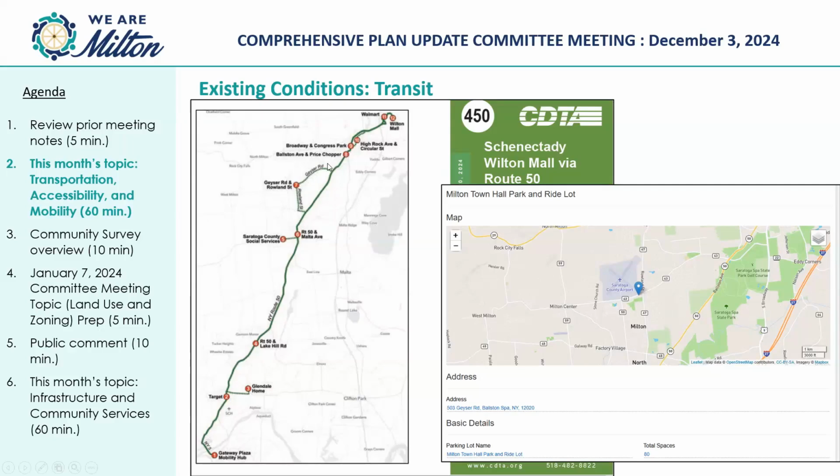On this spur, there are more frequent stops on Route 50. But when it deviates from that Route 50 corridor, it doesn't have the frequency of service. So it does connect here, but not really outside of the morning and PM peak hours.